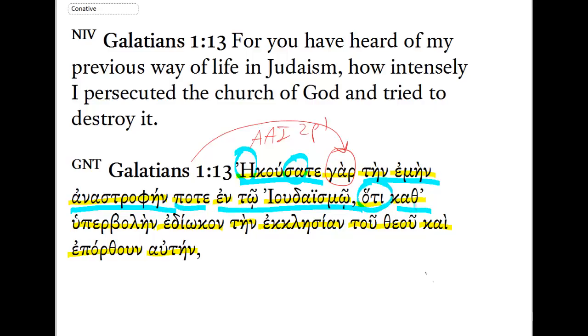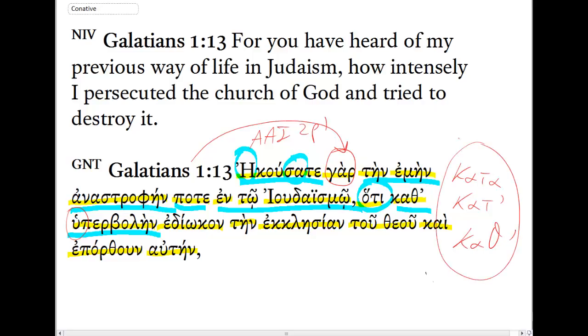That kath' hyperbolēn, right? That kath' you recognize is just the preposition kata before a vowel with a rough breathing mark. Remember, if it were smooth breathing, it'd be kat', but it's kath' before a vowel with a rough breathing. It's just alternate ways to write the same preposition. Literally, according to surpassingness, right? So beyond measure, incredibly, violently. It's an intensive adverbial idea, right? According to surpassingness, immensely,